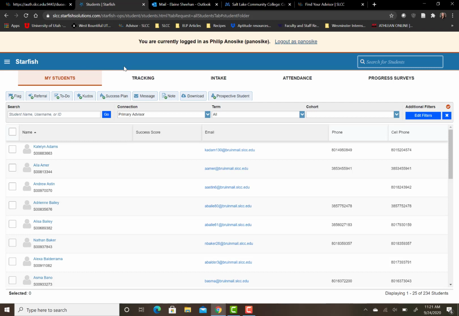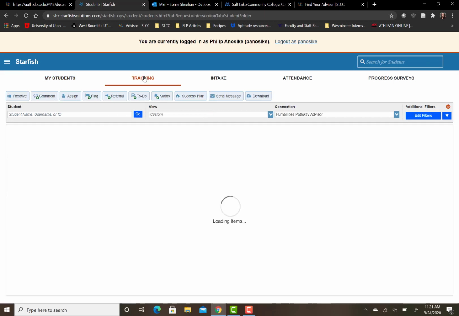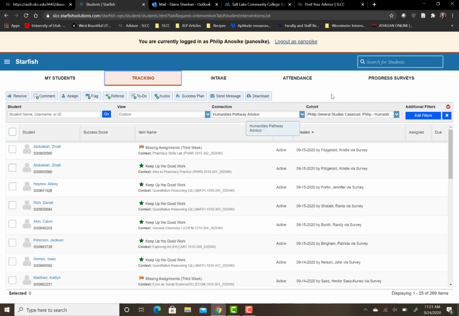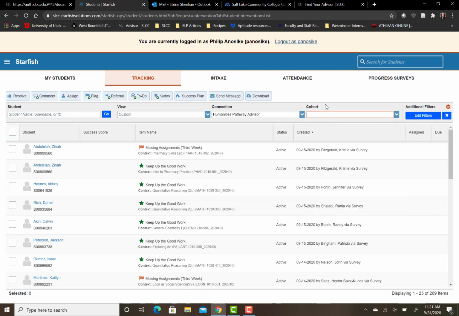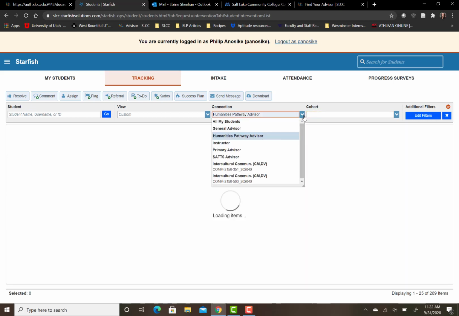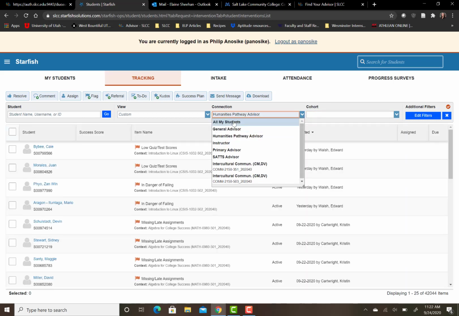So to view the students in your list that have flags on them, you're going to go to the Tracking tab. Again, a flag is a tracking item. It helps us keep track of students. So let's hop over there. As you can see here, Philip still has his old cohort selected. We are going to deselect those. And I'm also going to deselect the Humanities Pathway Advisor connection because, again, that is not going to help us